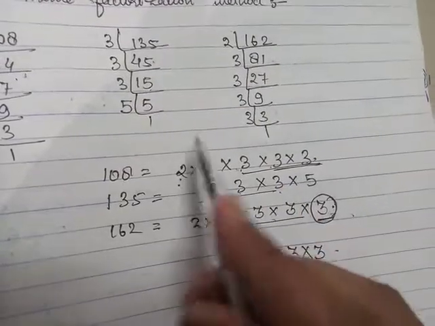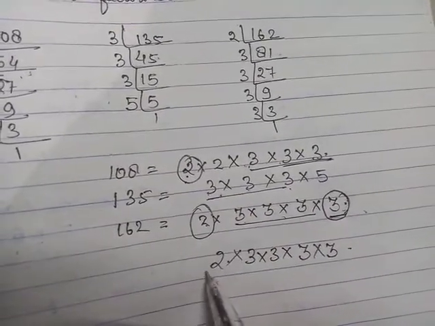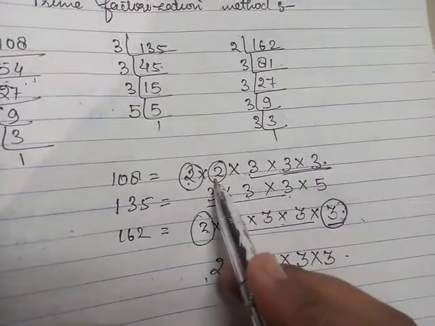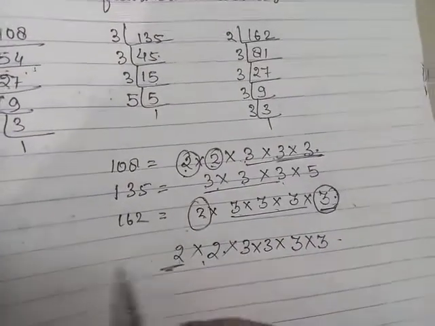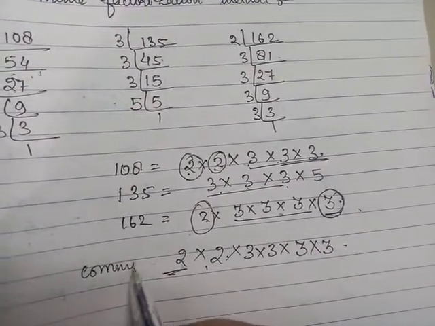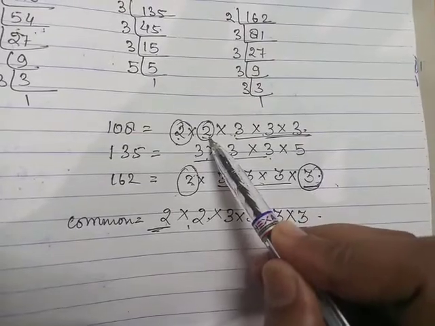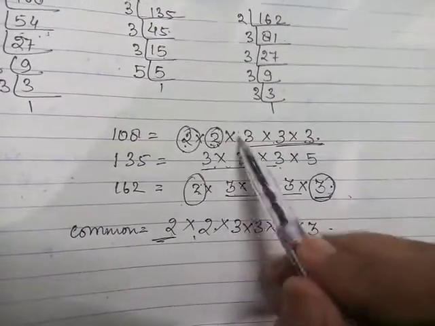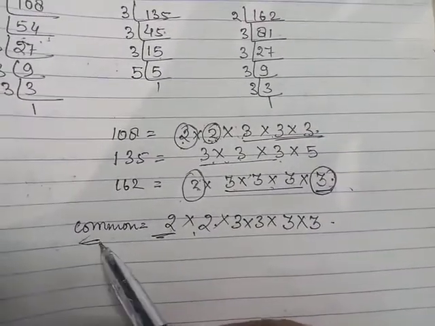Now we have 2 here and 2 here, so a common 2 is here. Now we have another 2 here, except that no other 2 is there, so we will write that 2 also. It is a common factor, which means the least common number will also be taken. You can see that this is not common, because this is not present in all the 3 numbers, but the least common number will also be considered.